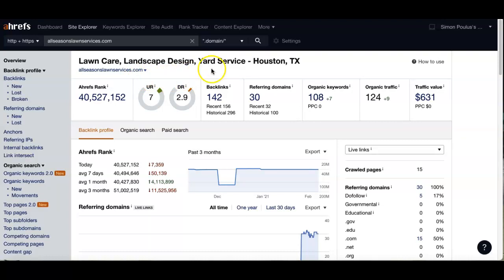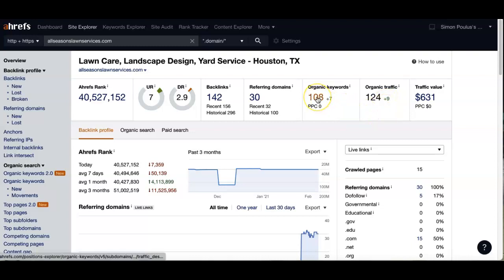We did some of this work, and it gives you an idea of how your website's performing. This shows how many keywords you have and referring domains, and it also shows how many people are actually viewing your site here. So these guys, they've got 108 keywords with 124 people coming to their site each month